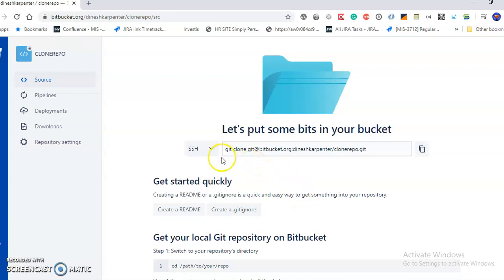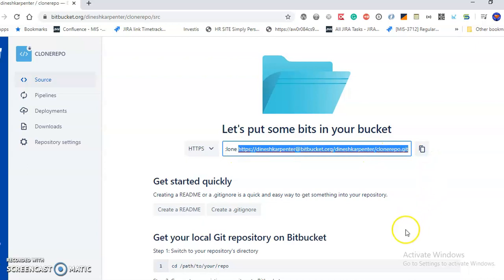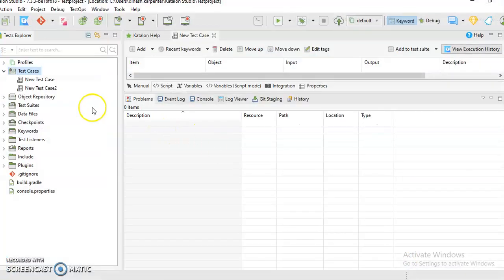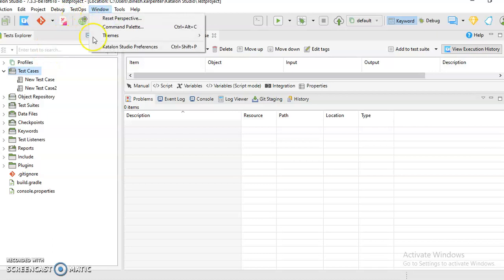Now firstly select HTTP here, because you have to clone or upload the project on this. Copy this from here, it will be used in the next step. Now go to Katalon. This is my test project folder which I want to use. Firstly you have to enable Git.